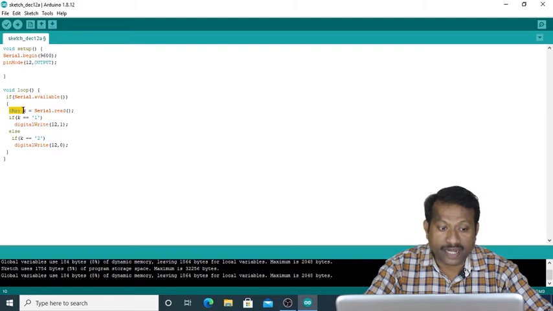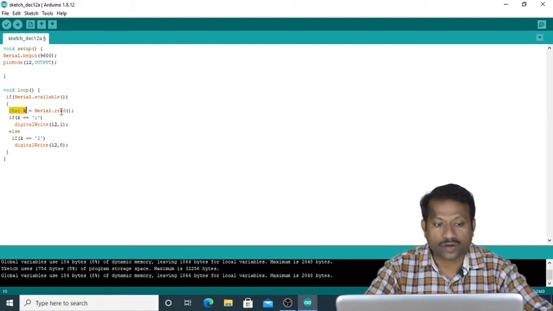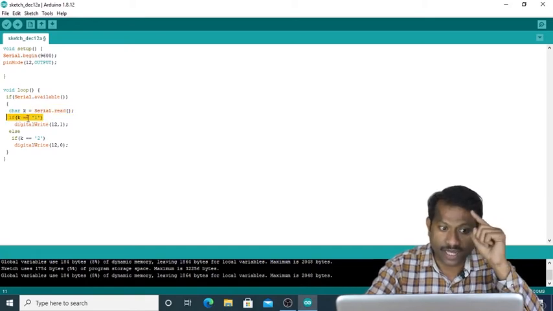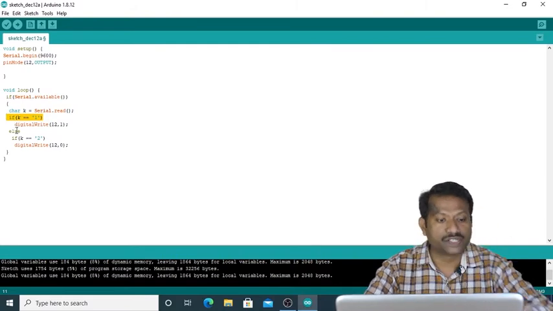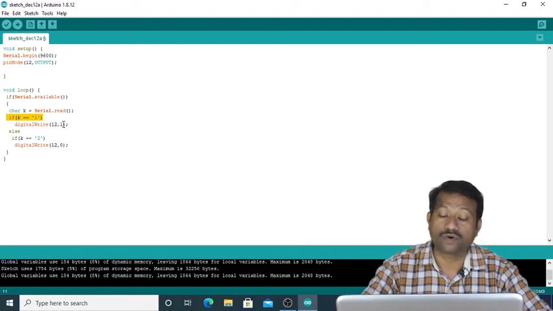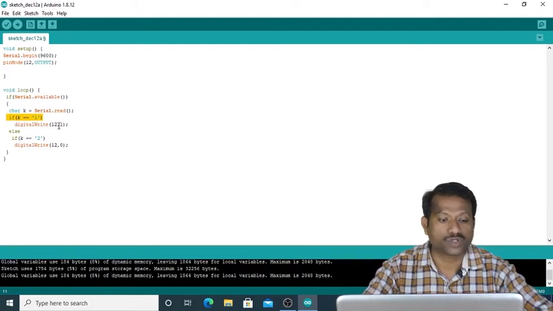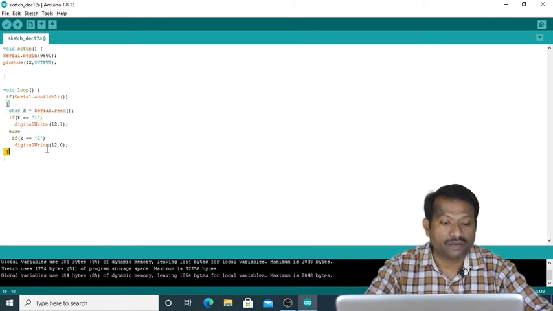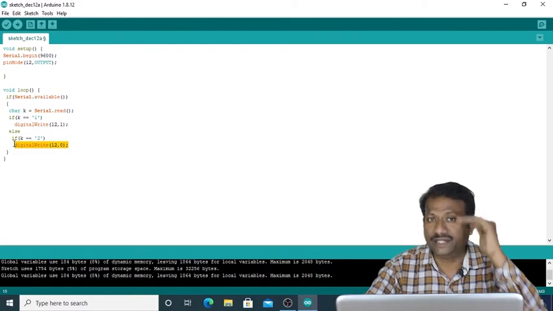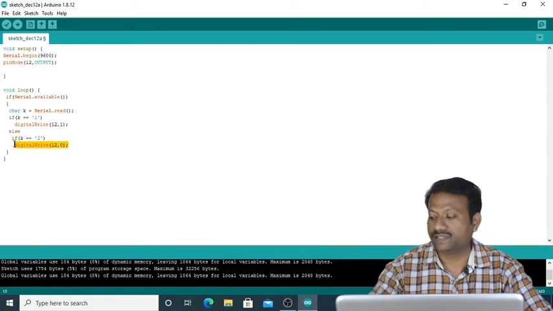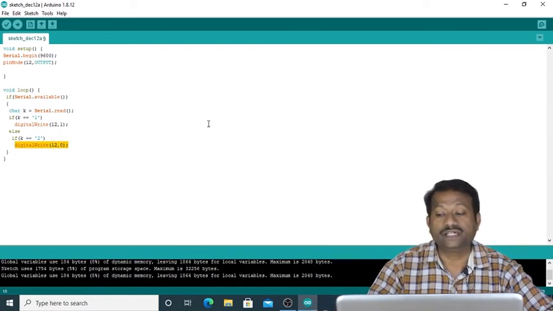In the variable k, we are going to read whatever data we have transferred, and if the data transferred serially is 1, then it will make this LED on, as we have written digitalWrite 12, 1, so that pin becomes high, LED becomes on. Else if that data is not 1, if it is 2, it will make that particular LED off. Other than this, if we transfer any data, then this LED will remain in the same state.